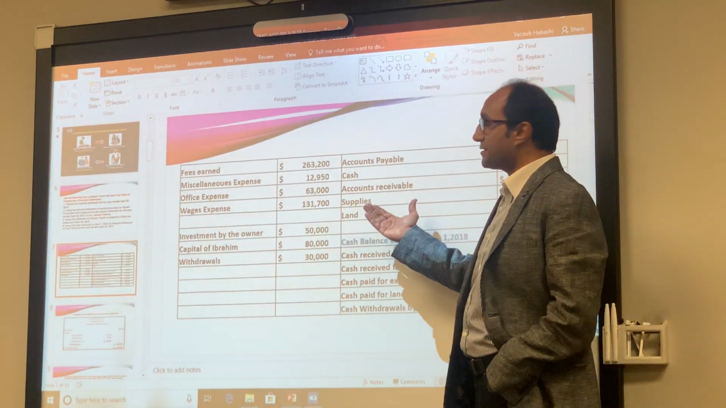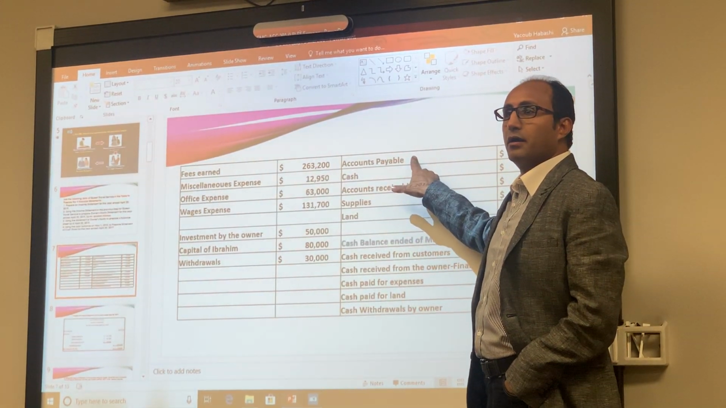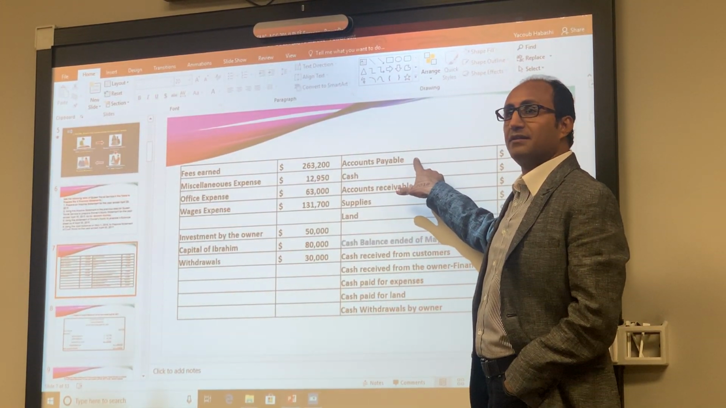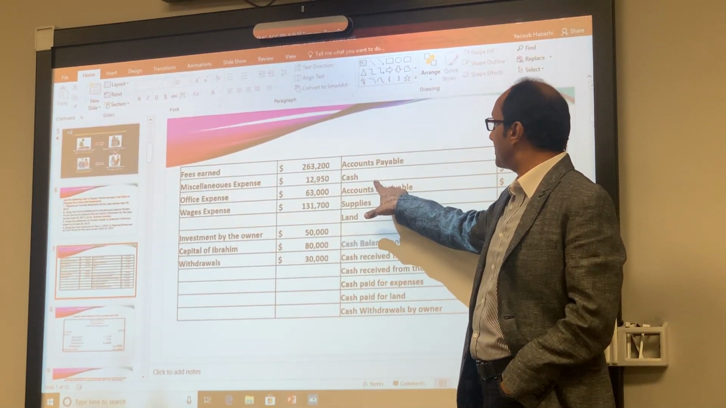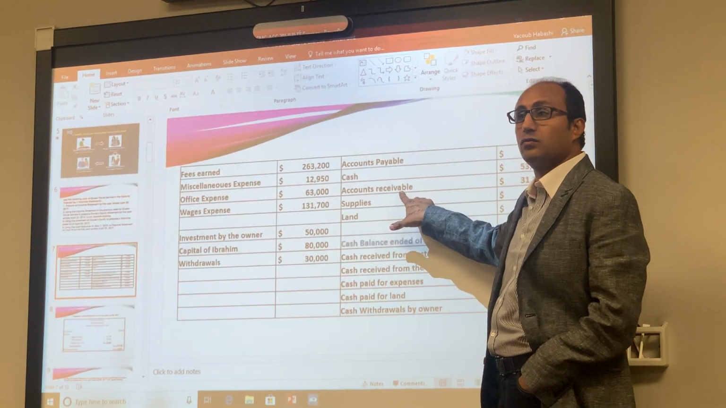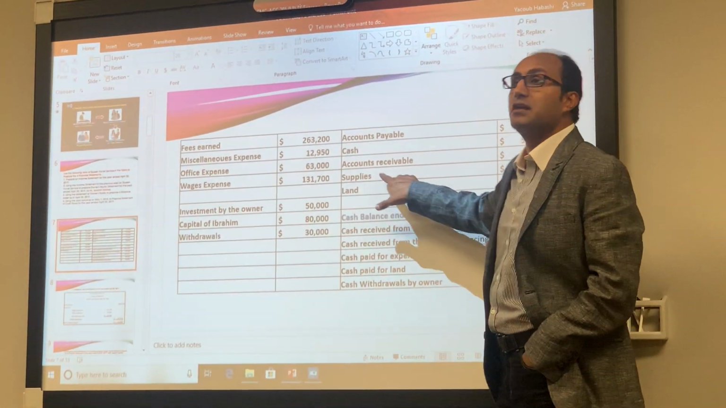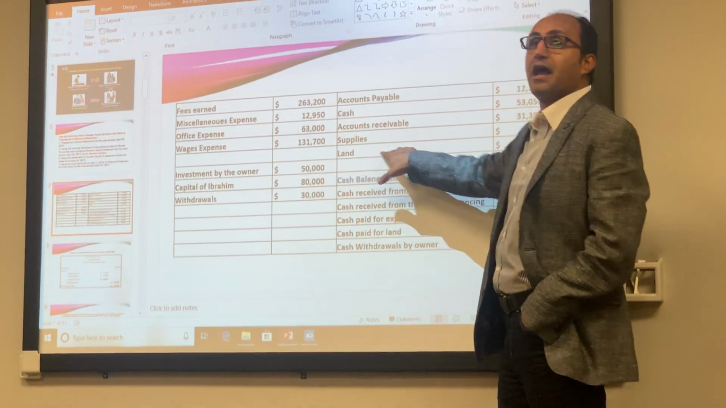Balance account, yes, accounts payable. Accounts payable is presented for the liabilities. Cash is presented for assets. Accounts receivable is also presented for the assets. Supplies assets, land assets,